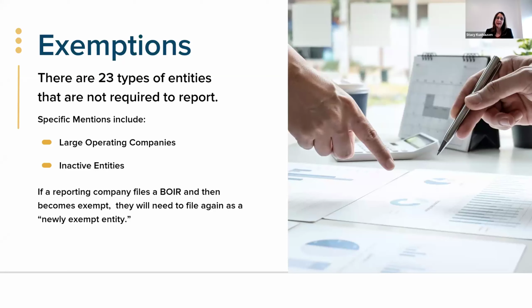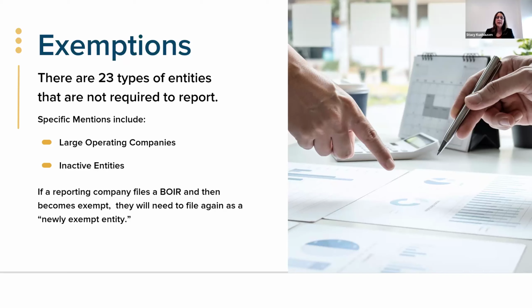The second entity or exemption type is inactive entities. With inactive entities, there's 6 criteria that you have to meet in order to be considered an inactive entity. So one of those is you must have been in existence prior to January 1st of 2020, not engaged in active business, not owned by a foreign person. There could be no change in ownership in the last 12 months. You have no assets or ownership interests, or you have not sent or received $1,000 or more in the preceding